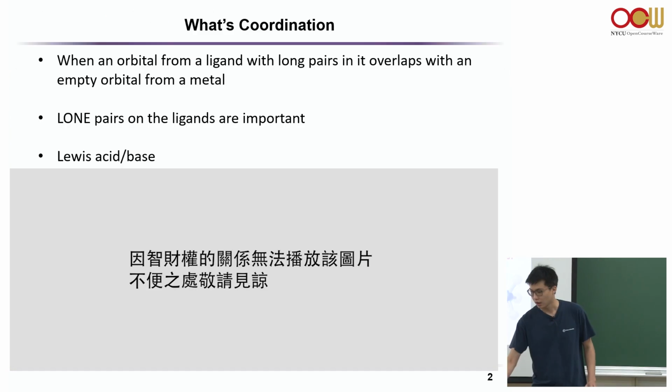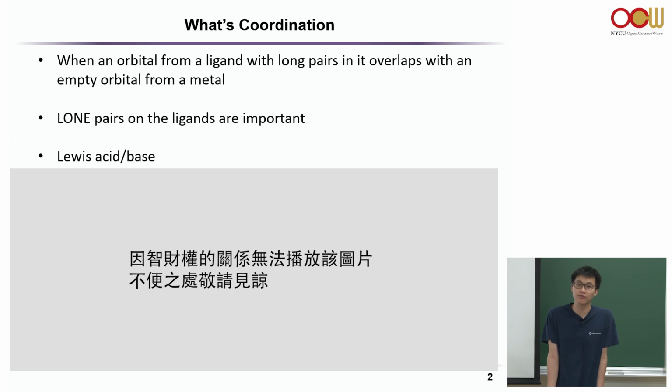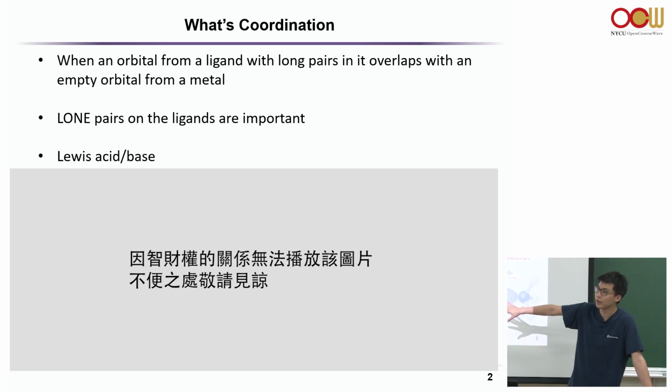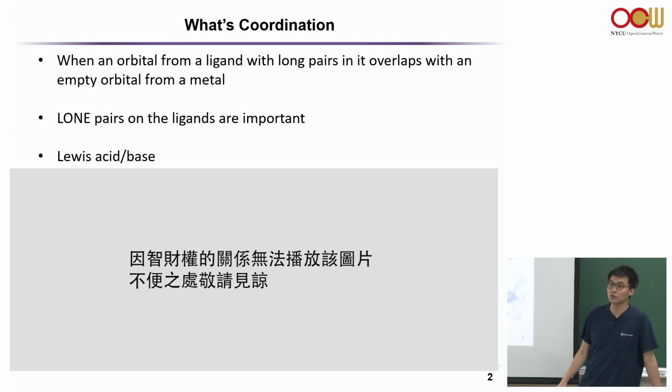Okay, so just as a refresher, last lecture we talked about coordination compounds. Just remember that a criteria for forming a coordination bond, or what we call a dative covalent bond, is that you must have lone pairs on your ligands. The picture that I found online shows a coordination bond where your metal ion has an empty orbital, where it acts as a Lewis acid to accept a pair of electrons from